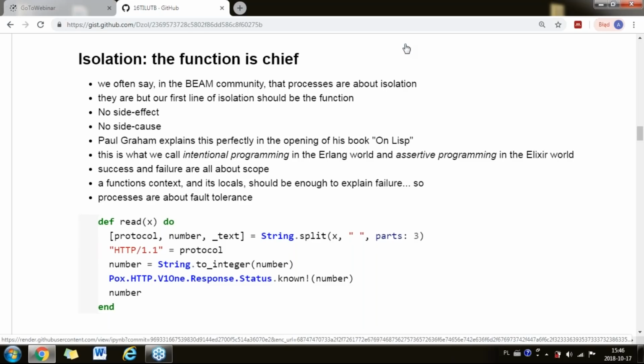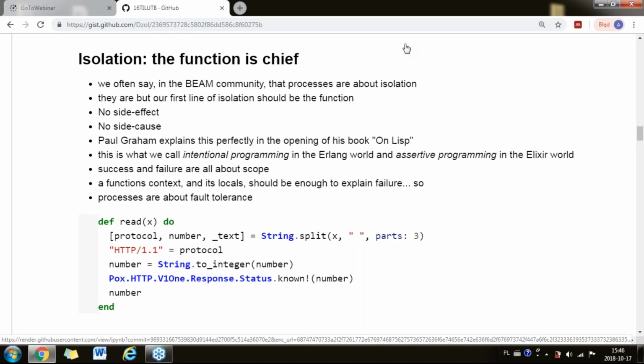But really, as a functional language, the function should be our main vehicle for isolation. So if we think about it, we don't have as much of a paradigm that revolves around side effects and side causes. And this is from Paul Graham. He explained this very nicely in the opening chapters of his book on Lisp, where he tries to motivate functional programming and how the fact that we don't rely so much on side effects, that the functional, value-centric, data-centric approach really helps to isolate failure, right? Isolate failure as much as it helps to isolate whatever it means to succeed